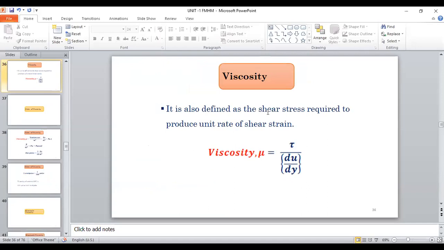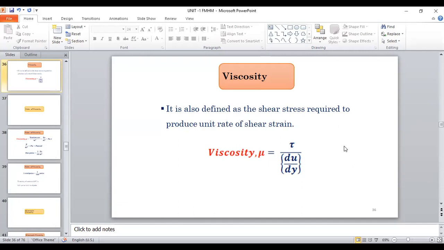For this, first we have to know the units. Viscosity we have already defined. It is a ratio of shear stress to the rate of shear strain. So first we need to know these terms. Shear stress is tau. The unit of shear stress is Newton per meter square. Please write it down on paper so you can understand. Mu equals tau by du by dy. Beside tau, write the units for tau, Newton per meter square, divided by du, which is velocity, meter per second, divided by again meter. So meter per second divided by meter. Meter gets cancelled.